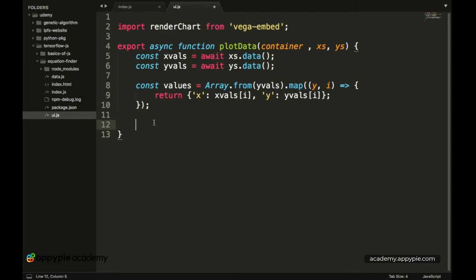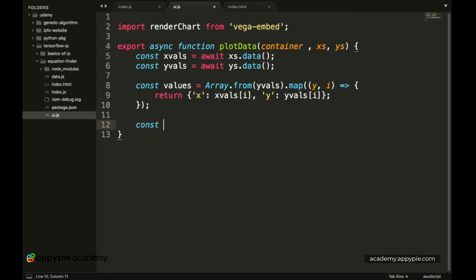We have yet to implement the index.html file. We'll do that shortly, but for now let's create a new variable which will be called spec. Now we have to declare all of the initial configuration points.